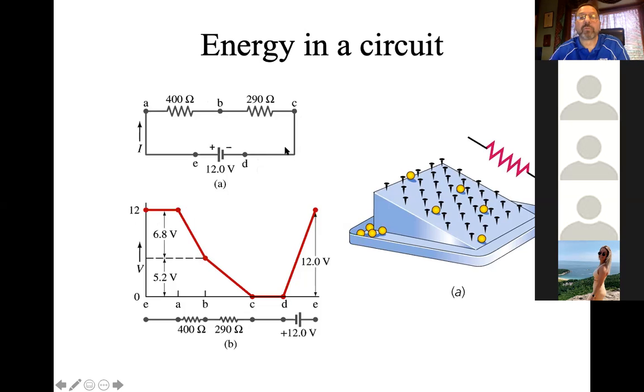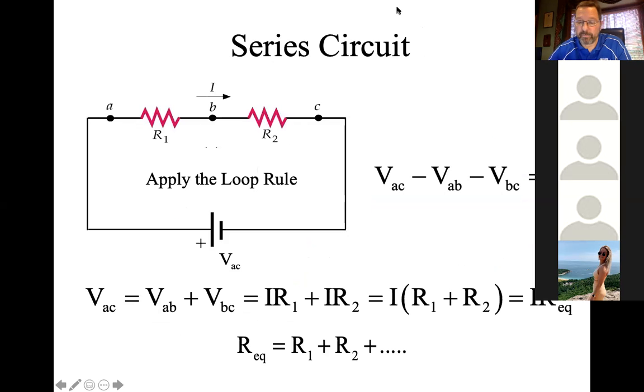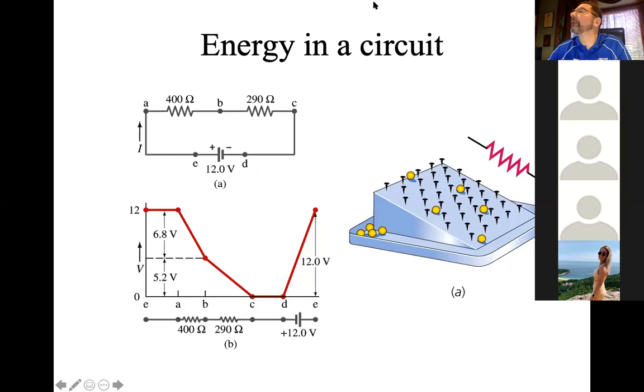Oftentimes, and I have an annotate button here, oops, that isn't what I wanted. There it is, annotate. To make it clear that there is 0 volts at a particular place, you'll see a lot of electrical engineers draw a symbol that looks like that, and that's ground. So I'm making that point 0 volts. But remember, potential energy can have a zero point anywhere you want to put it, because it's always the change in the potential energy that matters. Electric potential is exactly the same. It's the change in the electric potential that matters.